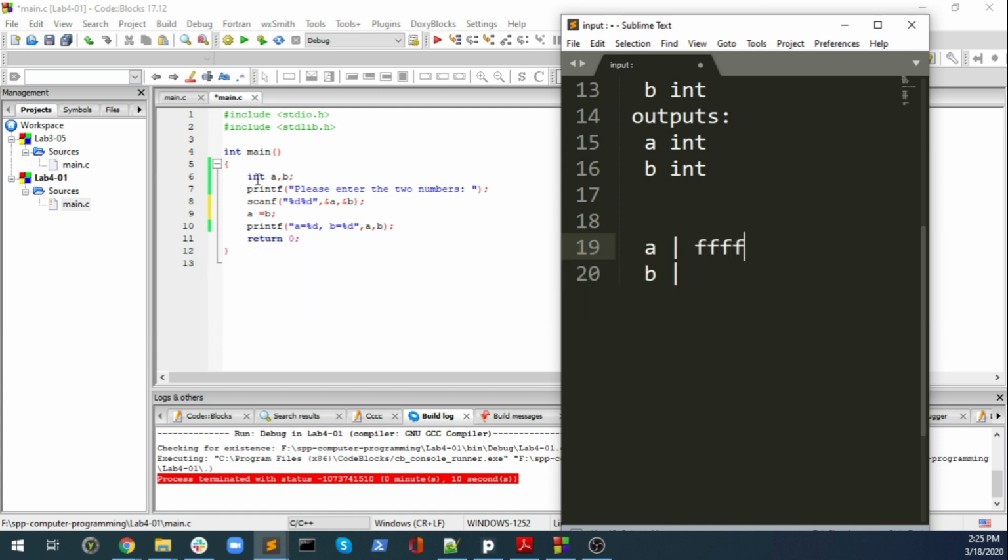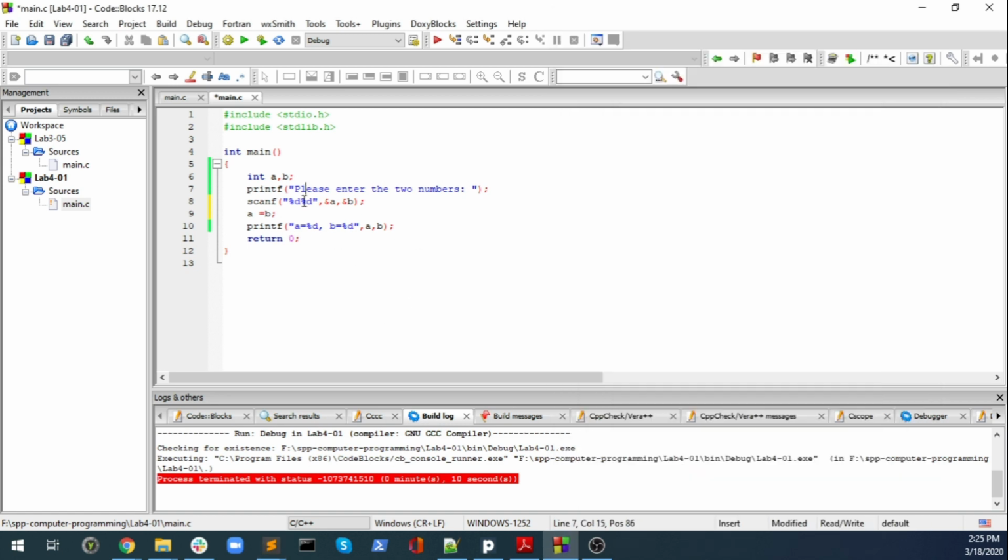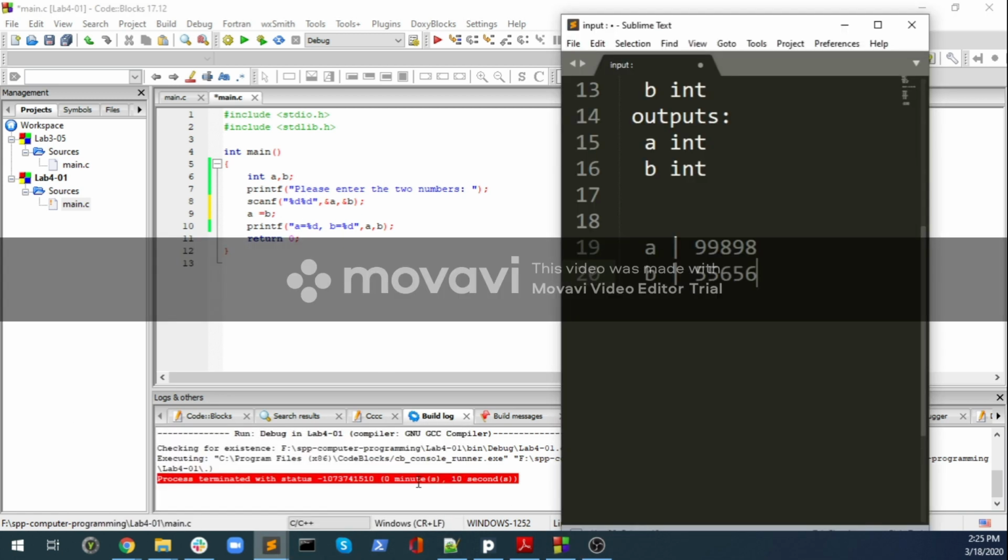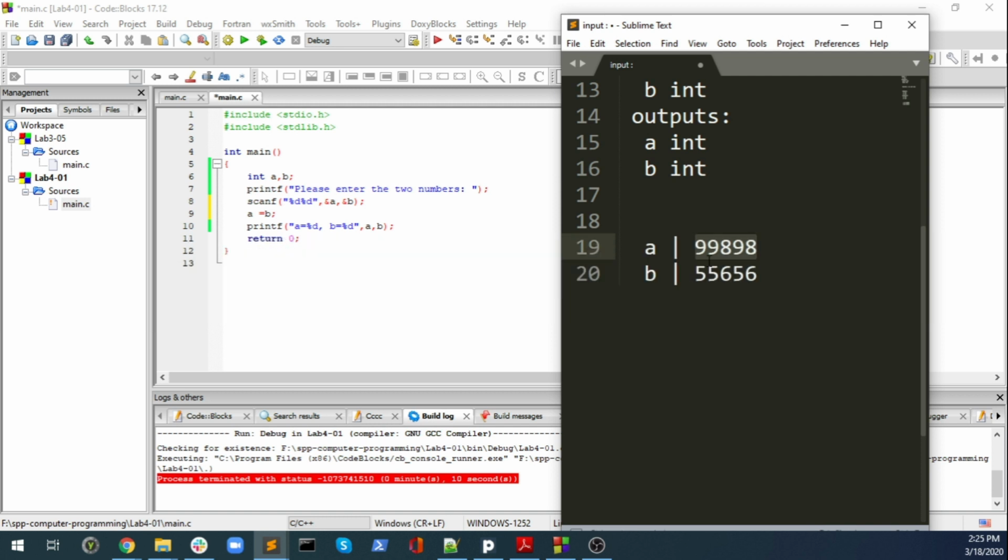It will have like garbage value. Then when the user scans the values, the first one will be in A, so A value will be 5 and B value, let us say it will